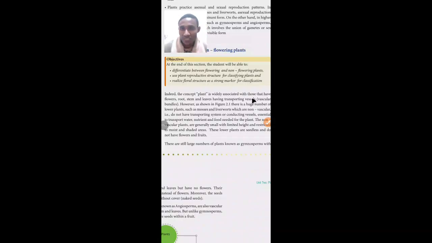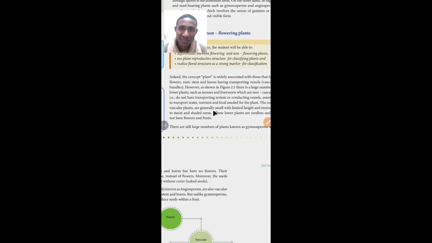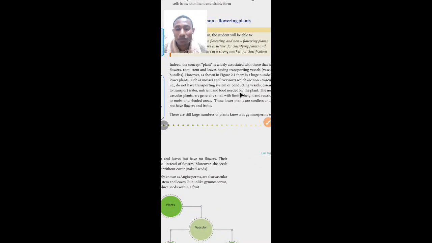I think the characteristics of plants are so obvious, so we will talk about flowering and non-flowering plants. Indeed, the concept of a plant is widely associated with having flowers, roots, stems and leaves, because, as we all know, plants can have a flower, root, stem and leaves, and also a transport vessel, which means vascular bundles, which are known as